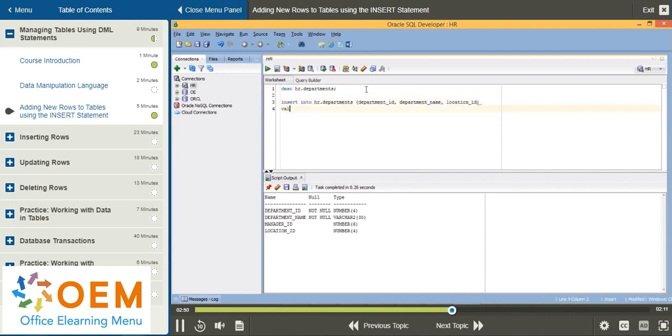We include the values keyword, and we specify our data in brackets. We'll give it a department ID of 280. The department name is